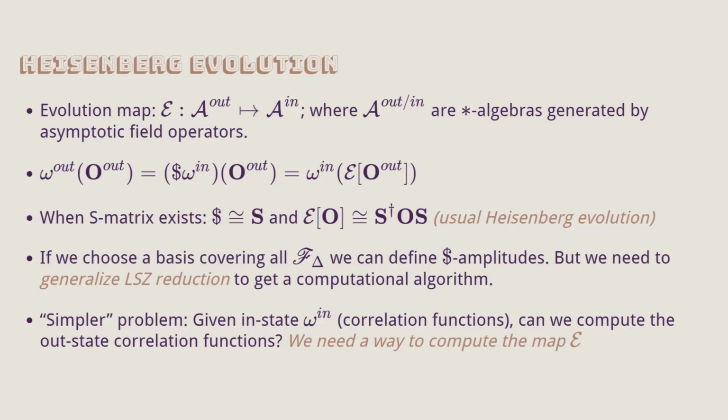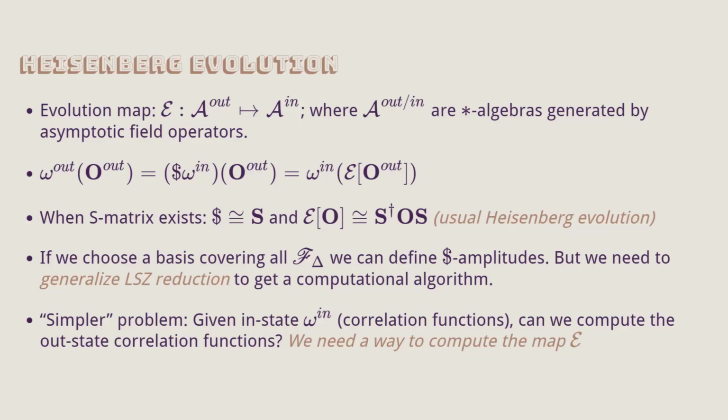But to compute this, you would need to generalize LSZ reduction. If you look at the derivation of the LSZ reduction formula in the original LSZ paper, this is not something that has been added in later on. LSZ assumes from the start that all your states can be created from the vacuum by creation and annihilation operators, which means that it's assuming there's one Fock space to work in. So if you want to compute some kind of amplitude with this, you would need to generalize that. That is something we're looking at.